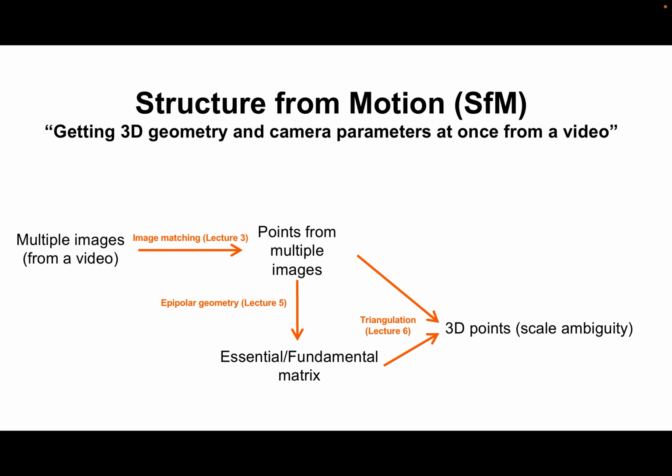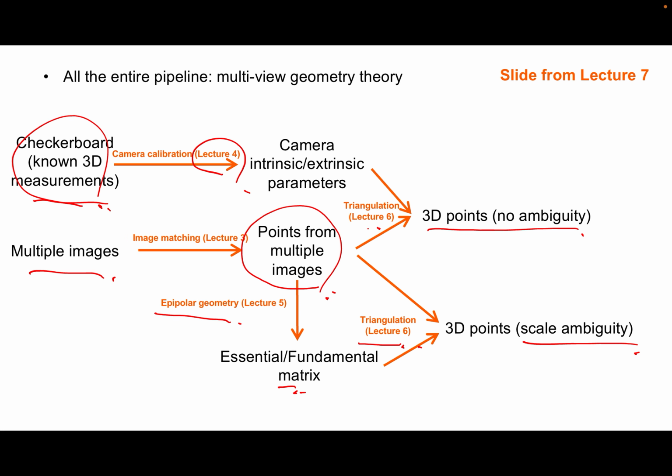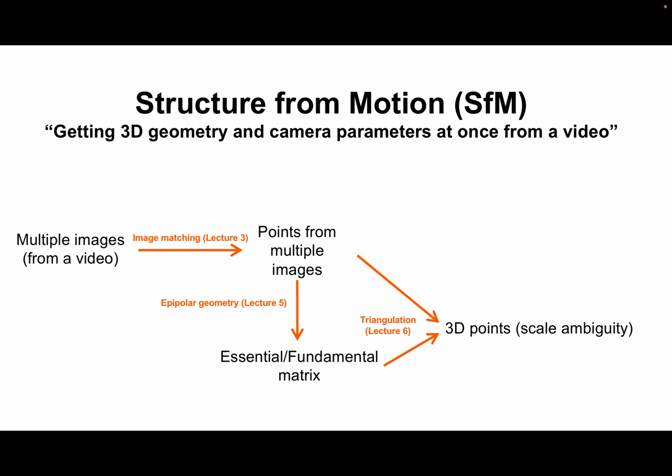And today we will study an application, one of the most widely used algorithms in multiple geometry theory, structure from motion. Structure from motion is just the below part. If we do not have any checkerboard, if we do not have any measurement, then we still can triangulate. We can still lift the points to the 3D space. That is structure from motion. Structure is 3D geometry. Motion is